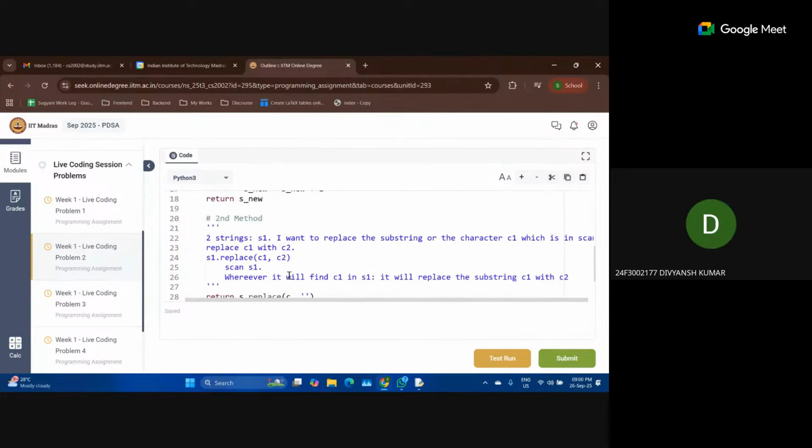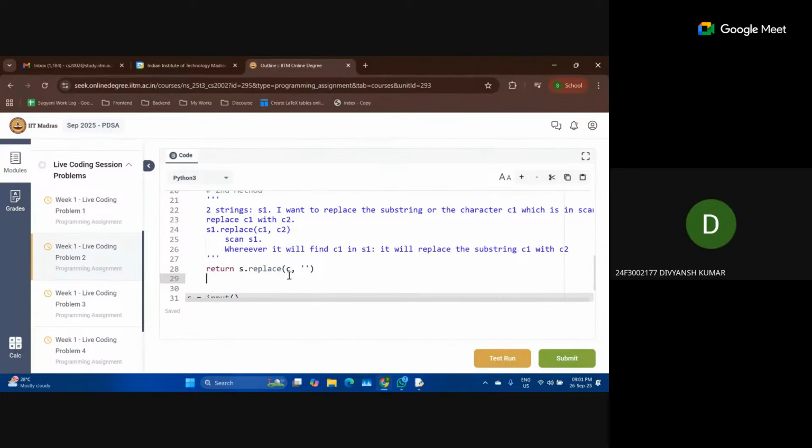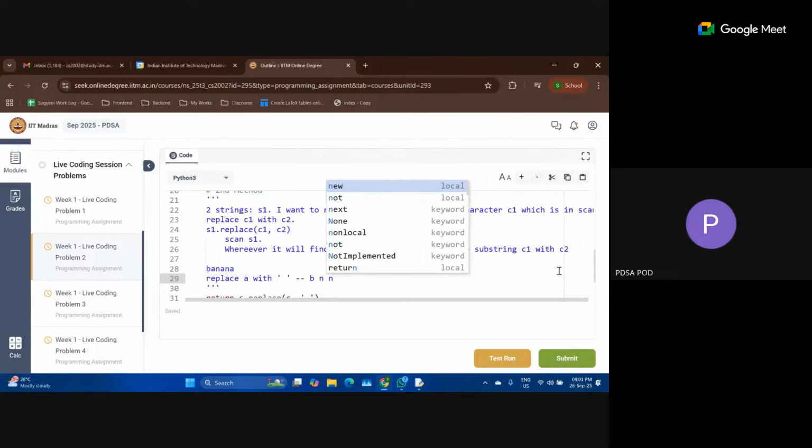Ma'am, I have a doubt. If we are replacing it with the empty string, in our original string we will have spaces, gaps. Is it something like that? See, we will be having a space if I am replacing it with a space. For example, I am having BANANA. If I replace A with space, I will put a space over here, then I'll get B space N space N space.